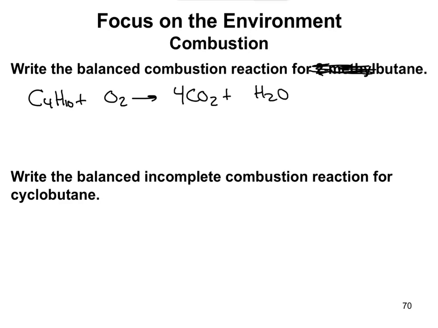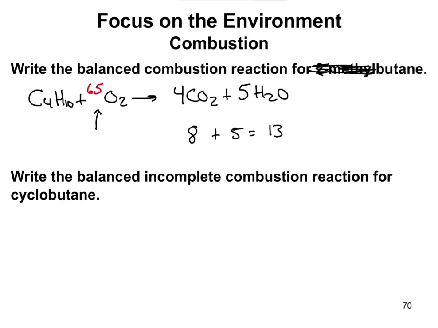So again, balance the carbons first. That's 4 on each side, and we have 10 hydrogens on the left. We have 5 times 2, which gives us 10 hydrogens on the right. Now if we add up our oxygens, we're going to have 8 from that part, 5 from that part, and we're going to have 13 total oxygens. That gives us a problem, because if we were to add 6 over here, we would have 12, and if we add 7, we would have 14. So the problem is we need something right in between. In a perfect world, we would add 6.5, but we know we can't write a fraction or a decimal to balance an equation.